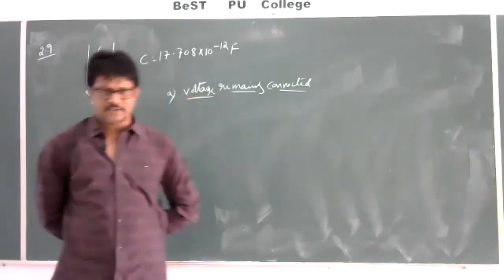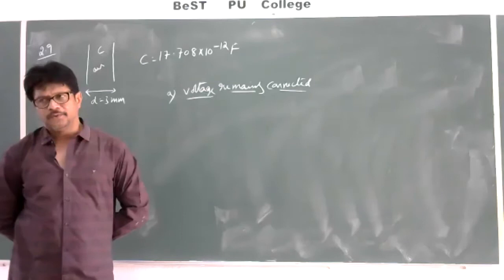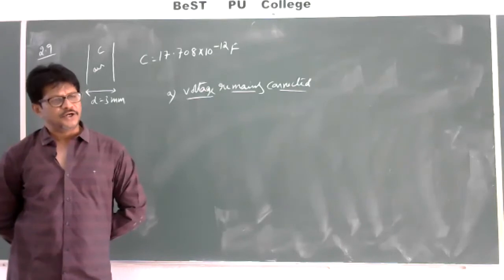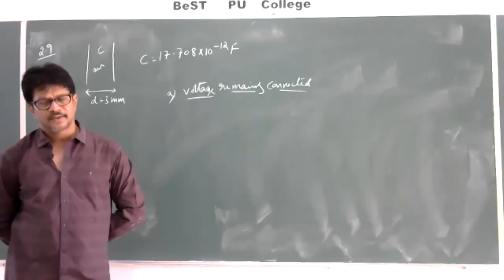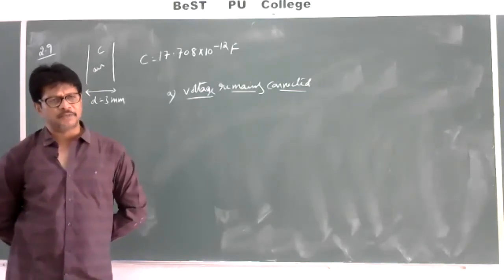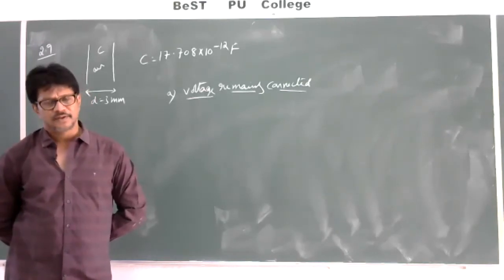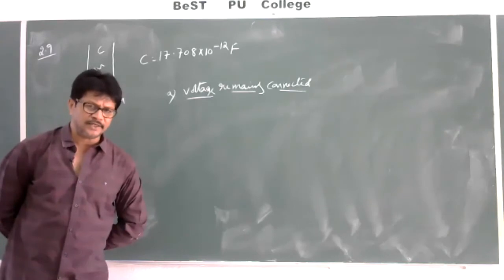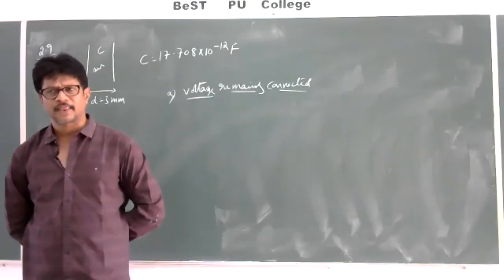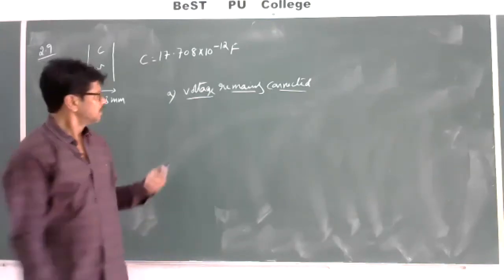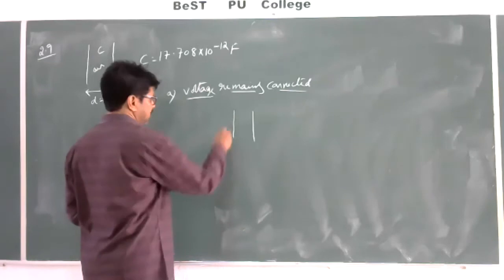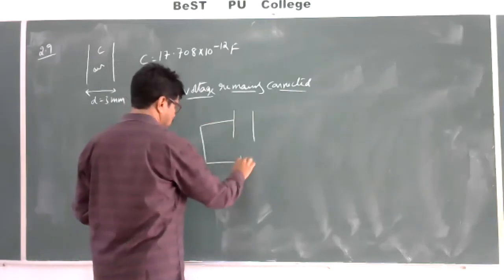So in the previous class, that is on Saturday, we discussed different parameters. If a dielectric is introduced between the plates of a capacitor, after disconnecting the battery or without disconnecting the battery, two conditions we discussed. Did you remember? Now based on that, what he's doing is, the same capacitor is connected to a source.